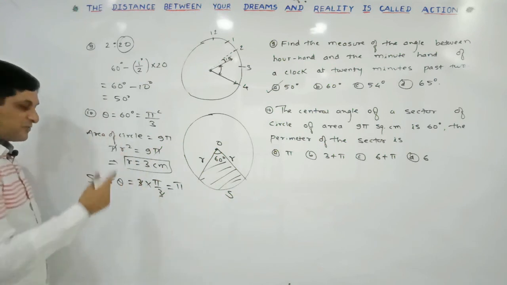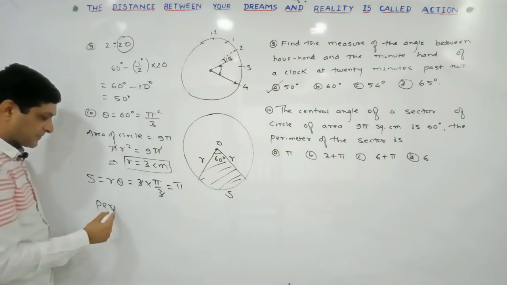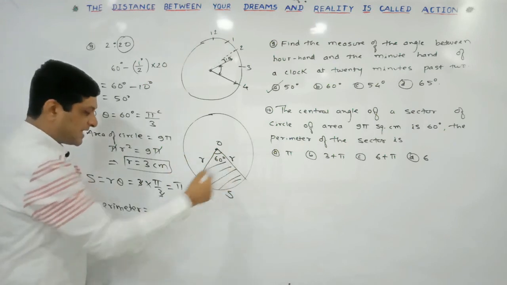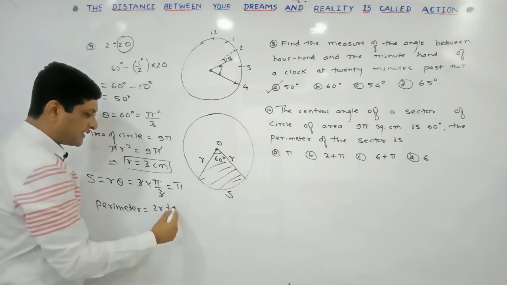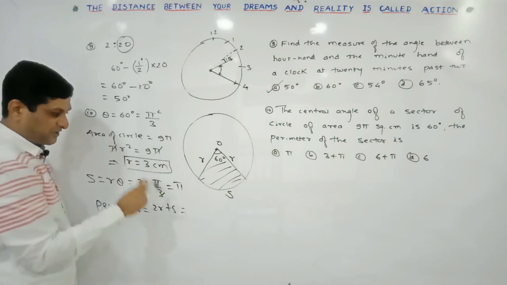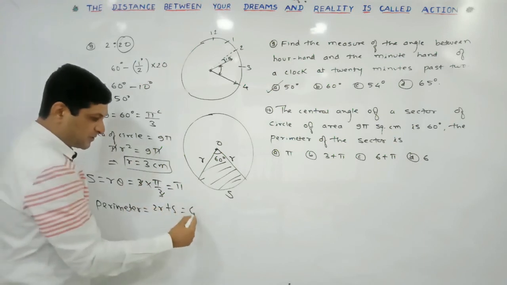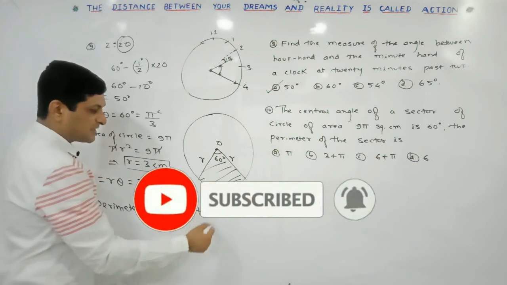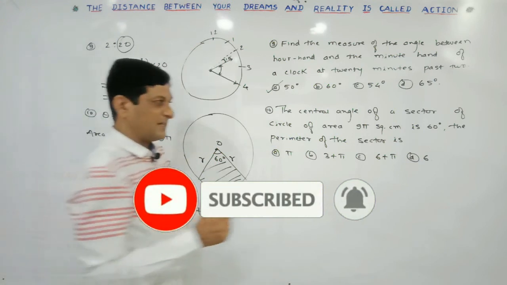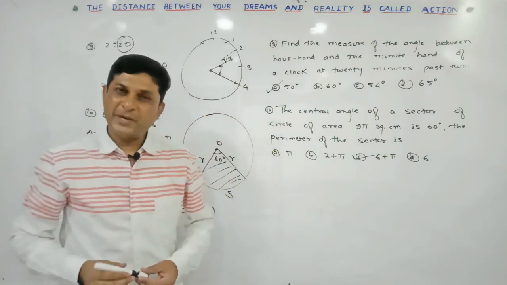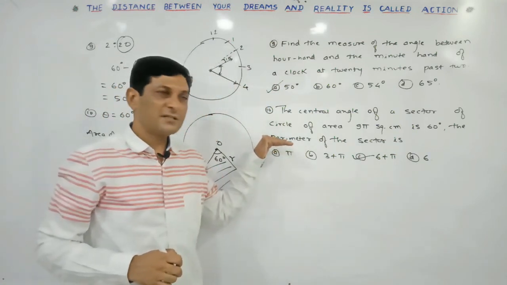Now s is also known to us, radius is also known to us. Now we are trying to find out the perimeter. So the perimeter is r plus r, which is 2r, plus s. So replace r by its value. What is the value of r here? 3. 3 into 2 will be equal to 6, plus s, which I am replacing by pi. Meaning 6 plus pi centimeter will be our required perimeter of this sector.